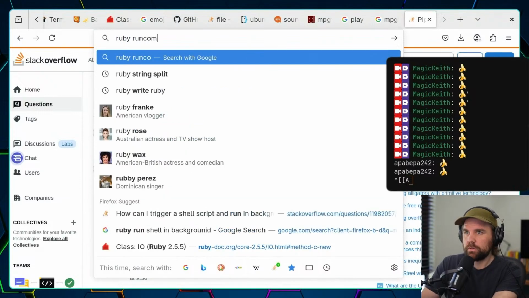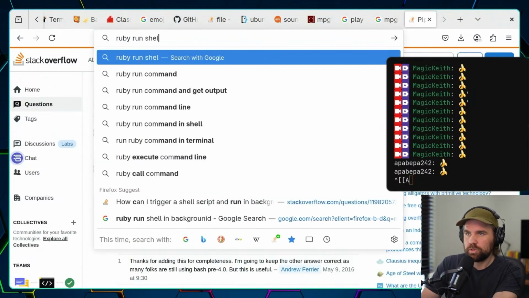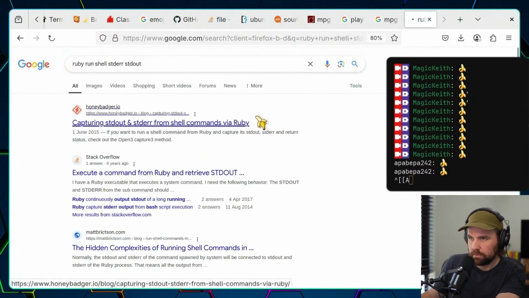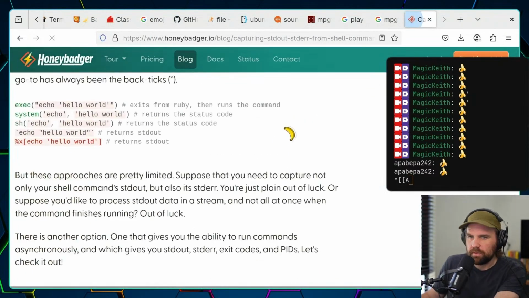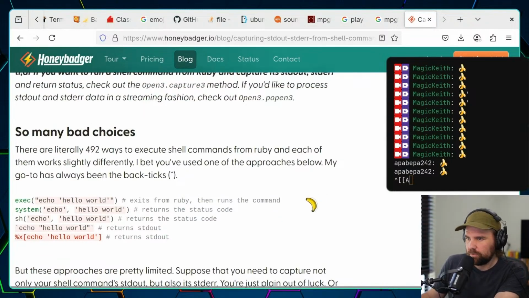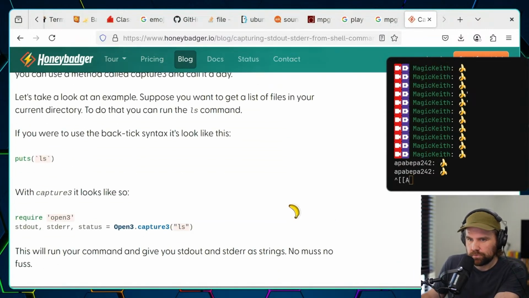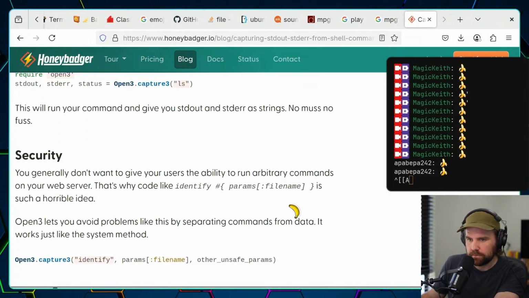Ruby run command. Run shell. Standard error, standard out. I can never remember these damn commands. Exits from Ruby, then runs a command, returns the status code. Open3, I guess. Capture.